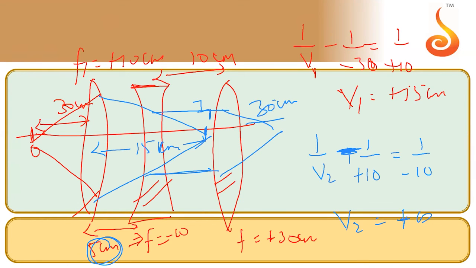And with that, I will come to the end of the question. Please remember the takeaway from this question. It is telling you that for multiple lenses with air gaps in between, just do the process that many number of times. Done. Can I clean the screen and go ahead?